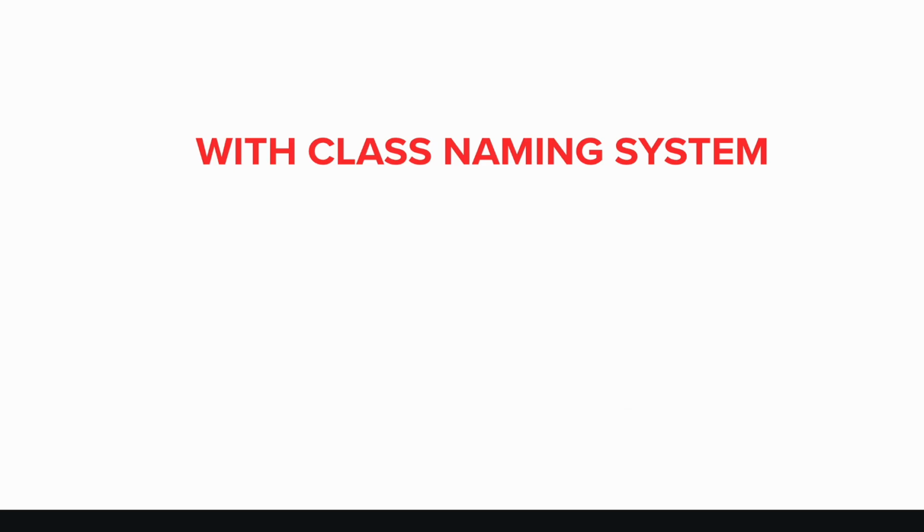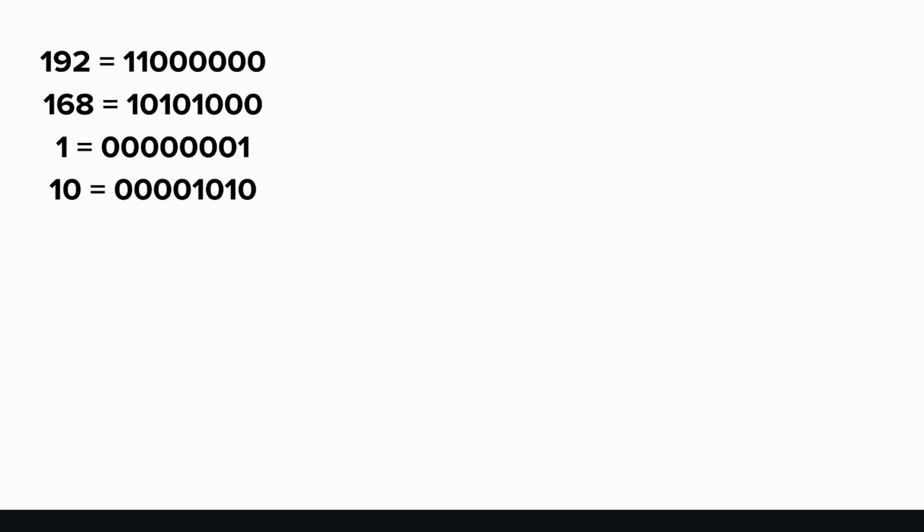Moving ahead, there was a class naming system. We are not going to dig in deep because nowadays it is not required. There was a concept of giving A class, B class, C class. But as I told you, the octets is divided like this. So the base IP has four sets of octets,